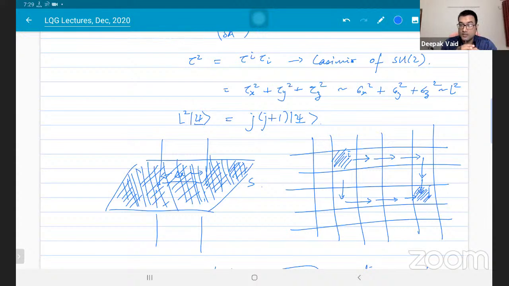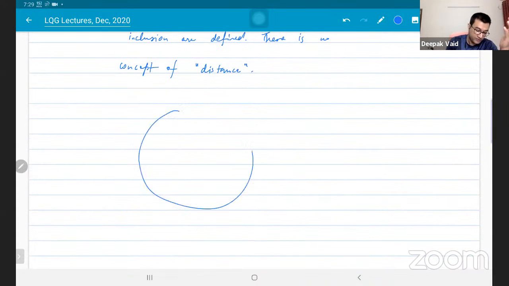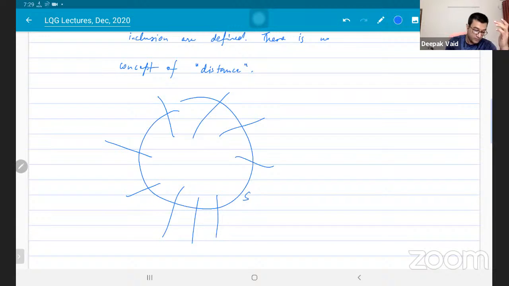So, in the LQG picture, that area has a very beautiful and very natural interpretation. It comes about because you have this surface. Again, remember, a surface is an abstract thing, and there is a graph which corresponds to your state of geometry. I'll draw some of them maybe. There is some internal structure that it has here, but that is not so important. What matters is the configuration of punctures on the surface.